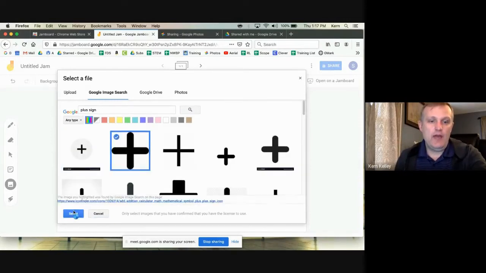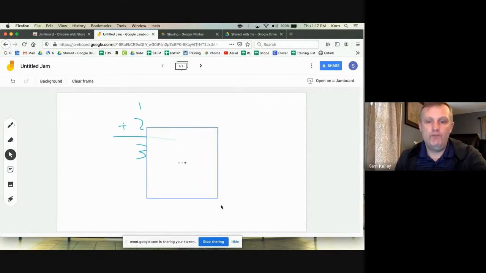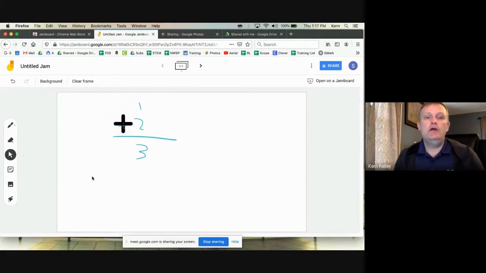Well, maybe I want to add this one instead of my hand-drawn one. This might be a little bit better over here. You get the idea. So when this is done, I can also change the background a little bit. And why would I want to do that?